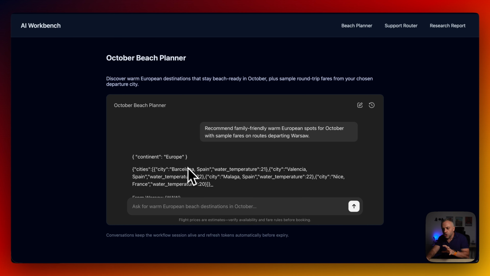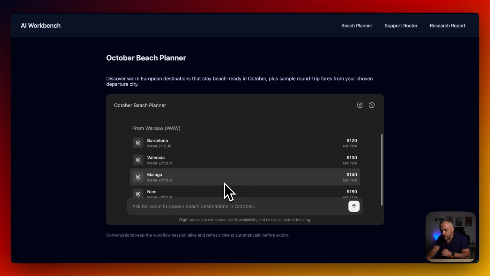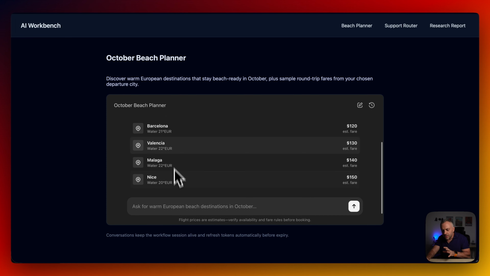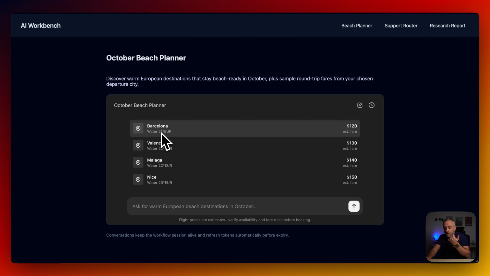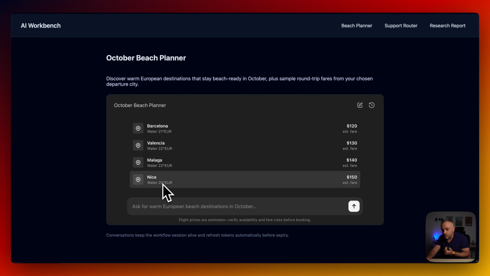So now it's showing us intermediate nodes: Barcelona, Spain, water temperature 21; Valencia 22; Nice, France 20. And if I scroll down, we not only see the temperatures, but we see this beautiful card here: water temp 21, and this is the estimated fare from Warsaw. So not bad. If I want to enjoy Barcelona, Valencia, Malaga, Nice, I might go to Malaga or Valencia, which has a slightly better water temperature. It's going to cost me 130, and it's sorted by price. How cool is that? That's an app all in itself that I built with this